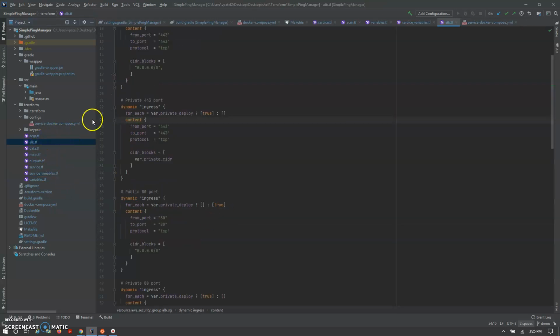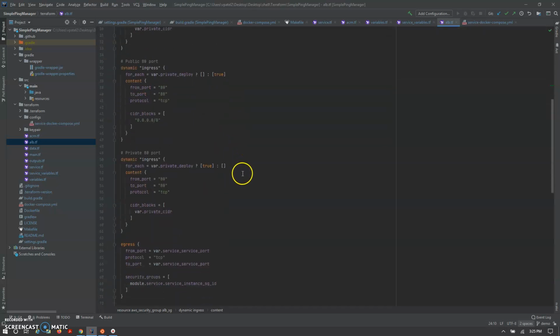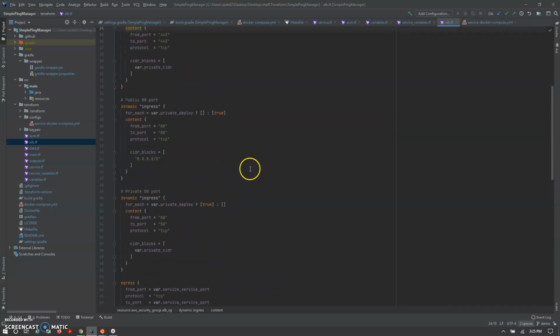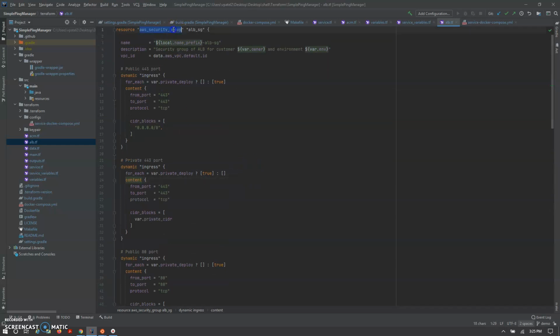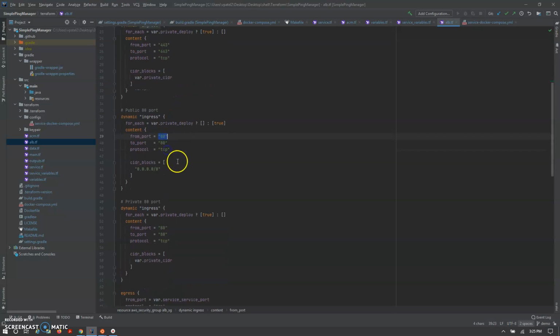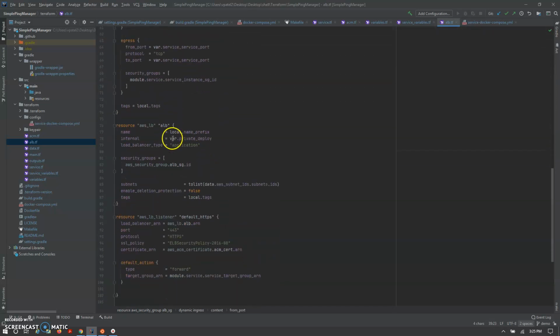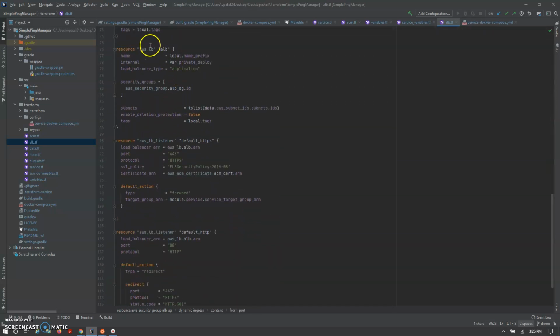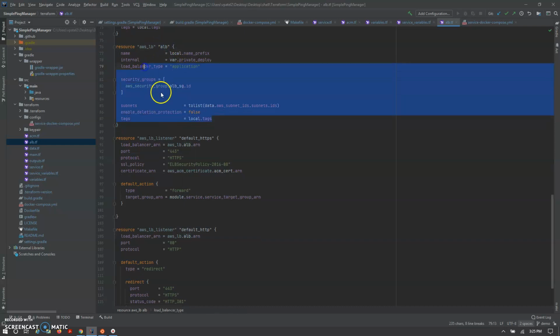Apart from ACM, we use the Elastic Load Balancer, that's the application load balancer, and here we have created the security group. Here you can see the rule is passed for port 443, 80. For load balancing, we configure the application load balancer, passing the parameters for it.